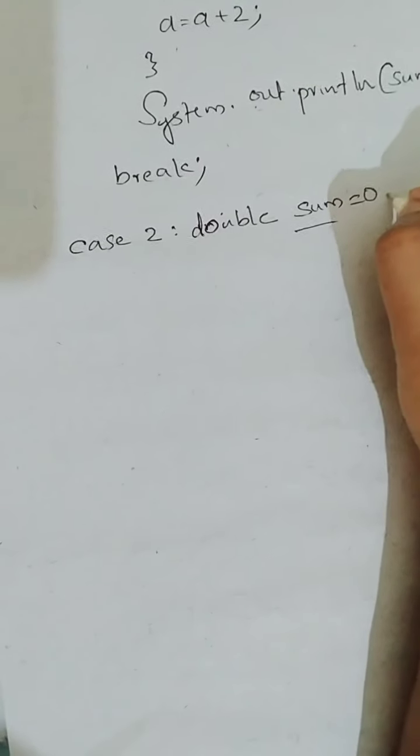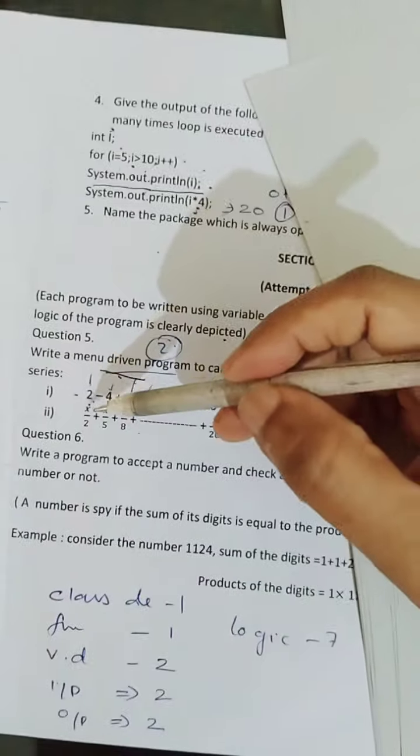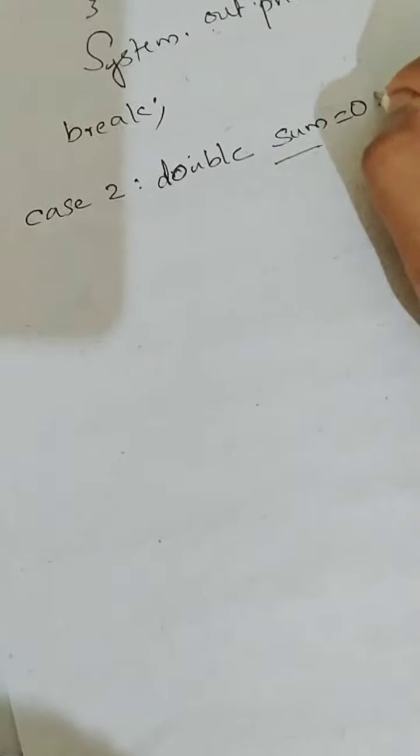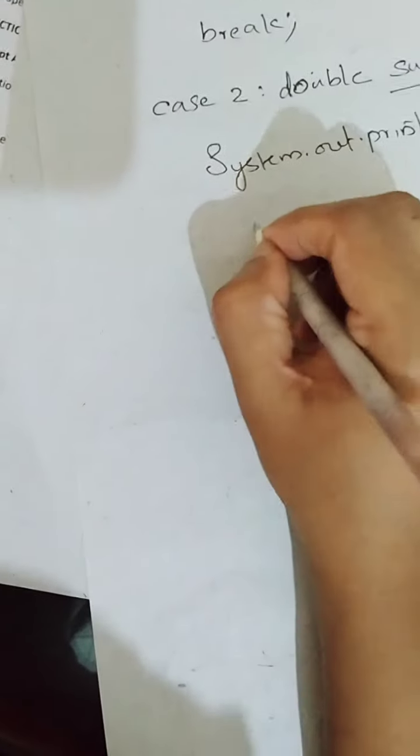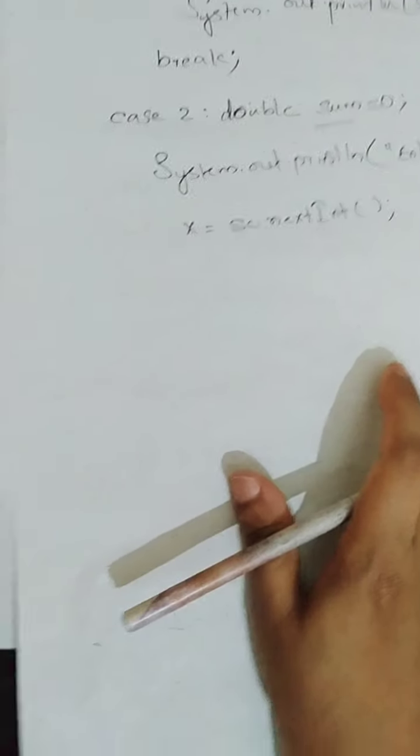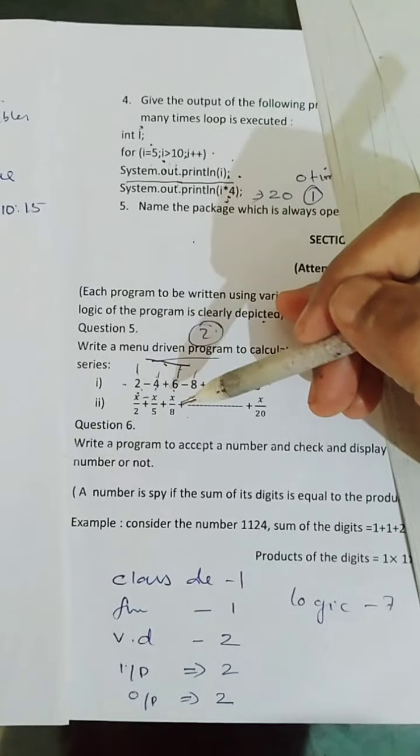Okay. Here there is a problem. You have to take the value of x. So I will write int x. I will ask the user to enter the value. I will prompt the user. Always remember that to prompt the user, enter a value for x. So for that, x is equal to sc.nextInt(). So I have accepted a value for x, and the loop is starting from 2, 5, 8,